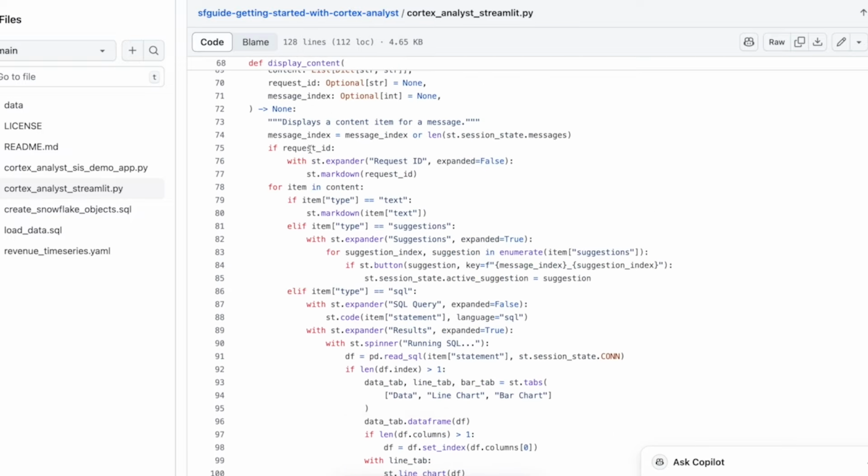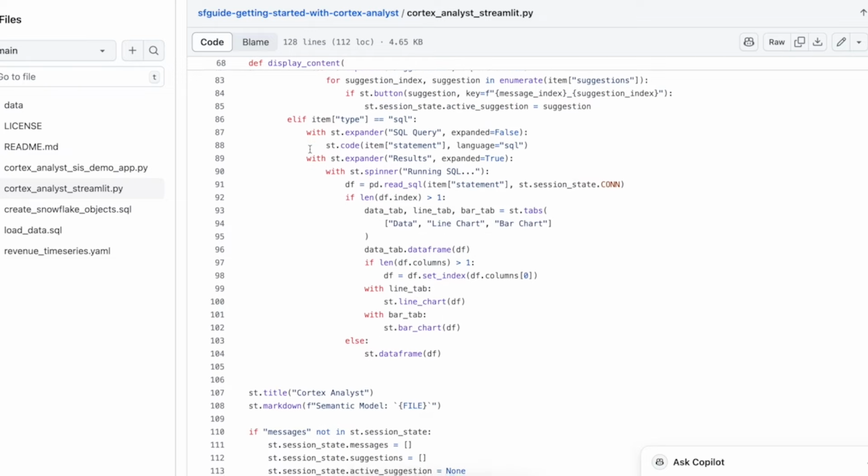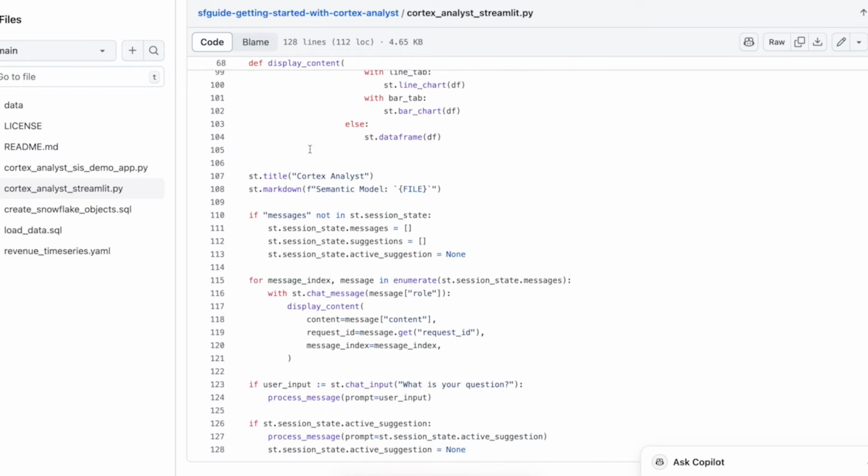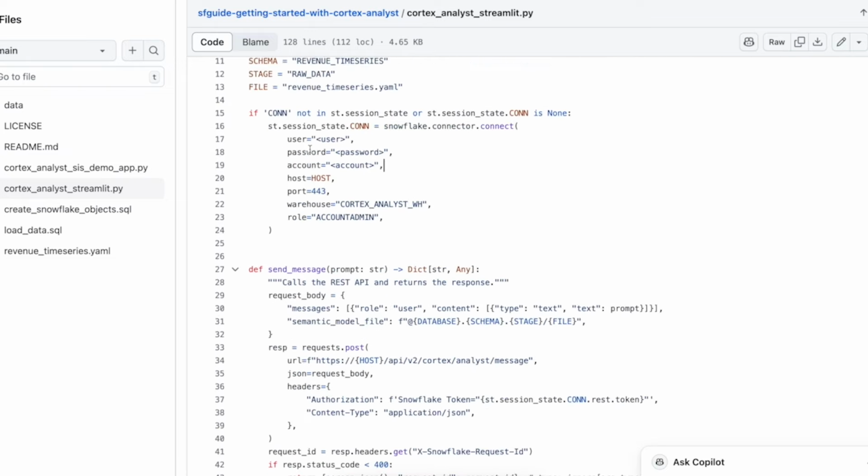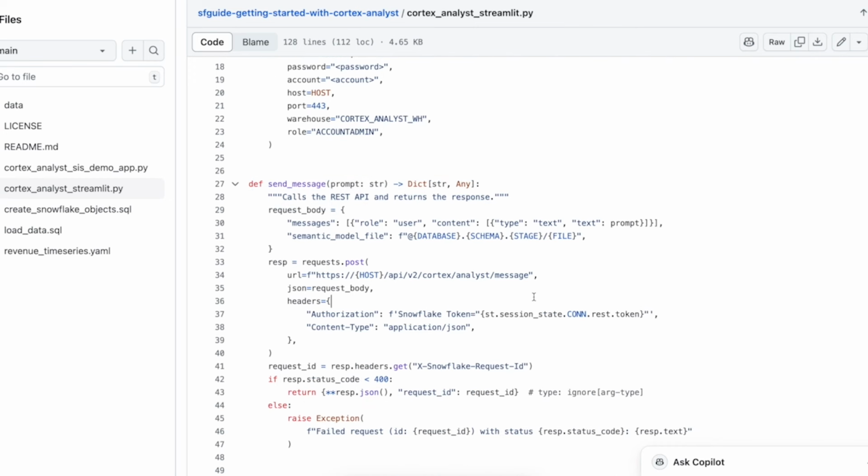And really the piece that does the work, I should say, is this send message function. So I mentioned that Cortex Analyst is a hosted AI service in Snowflake. It's managed for you, and it's exposed through a REST API endpoint. And so in the send message, basically what we're doing is taking the input text prompt or the input question